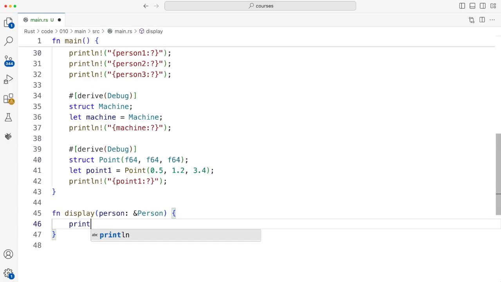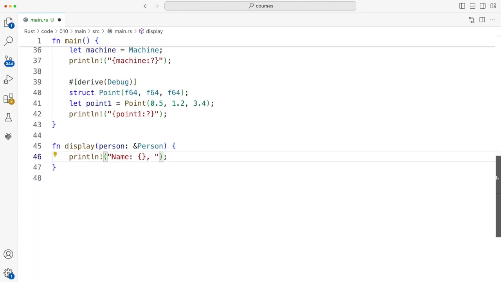Let's have a println! with name: and we'll have a name there. And then let's have, what else did I give person? ID and is alive. So ID is that, and alive is this.